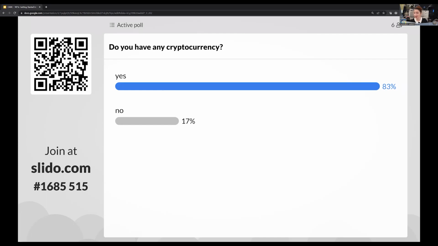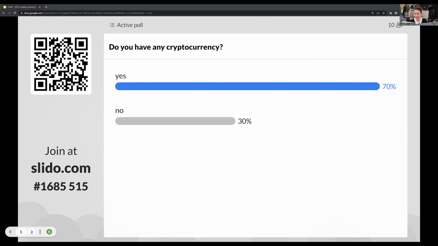We see that most people have, actually. Most people do have some cryptocurrency. So that's good news in terms of things like setting up wallets, which we'll do today. All right, so things are balancing out a little bit more here. Well, very cool. Okay, so we'll go ahead and get started for today. We're balancing out more and more as people answer. So we're about halfway even between owning or not owning cryptocurrencies.